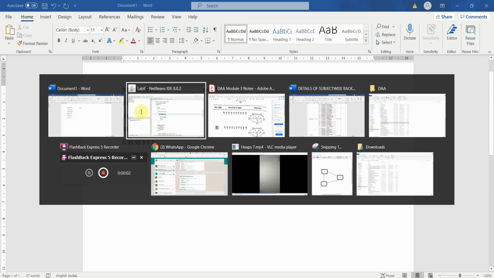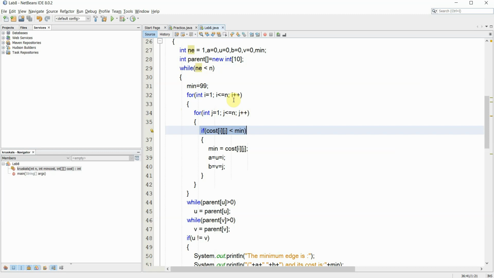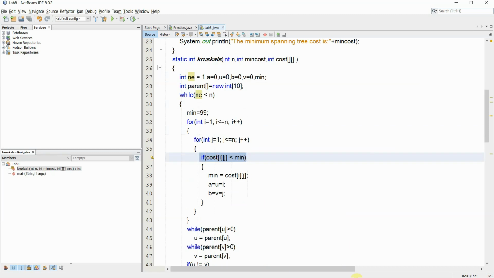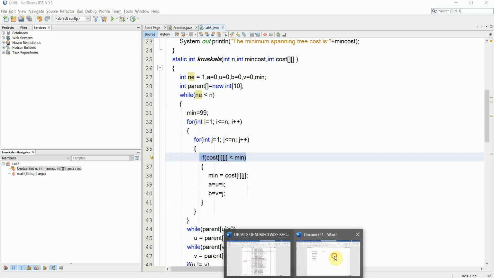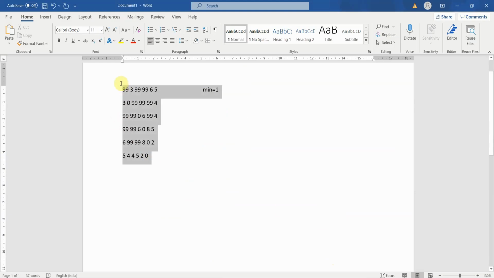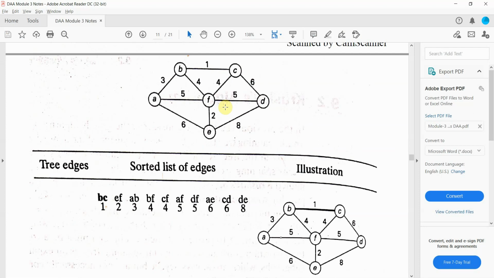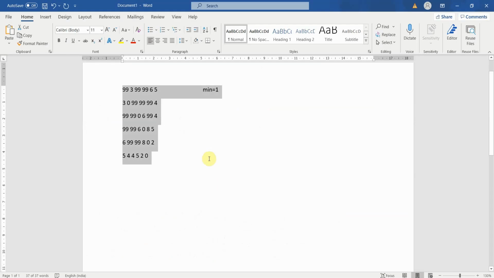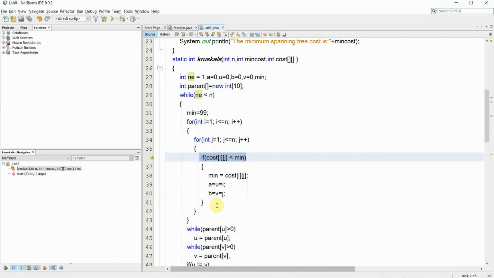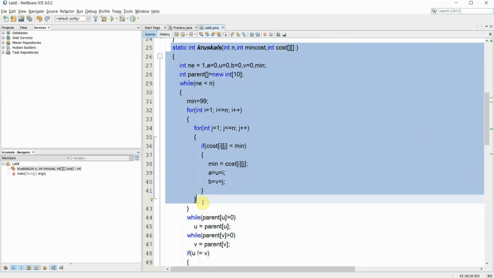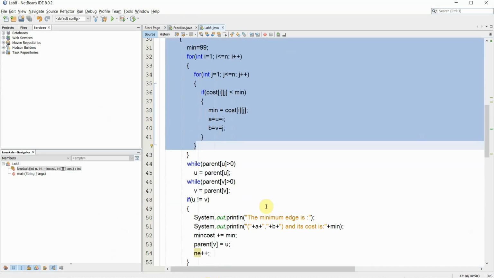That is how the logic continues. So take this example adjacency matrix of the given graph, solve it manually, and then solve it by applying the Kruskal's implementation. Then you will clearly understand, and this is the main logic behind Kruskal's algorithm.